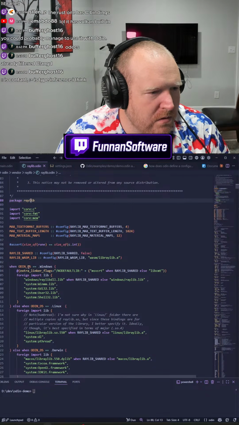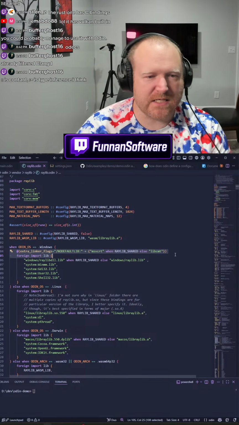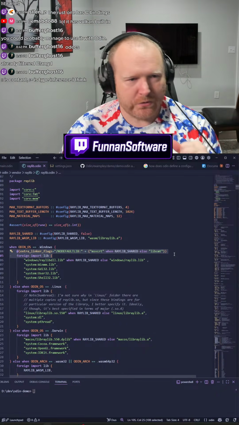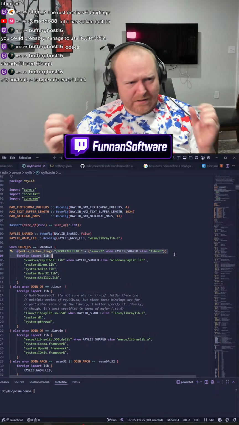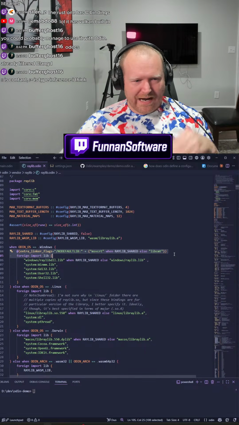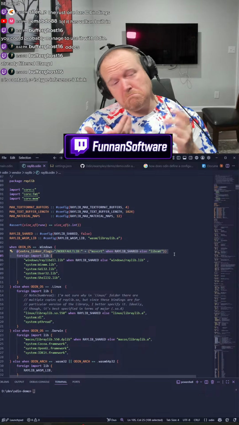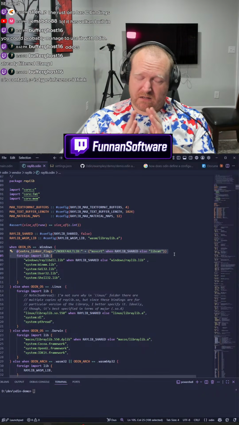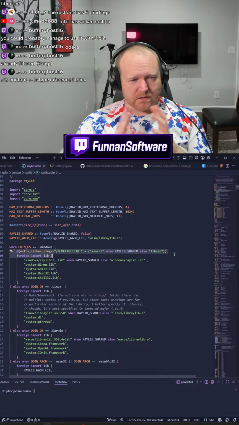So when Odin OS is Windows, there it is. This is the type of stuff I was trying to figure out. Holy crap. Oh, I've not seen this before. So you don't have makefiles because all of your options are built in line with your code. Okay, I could get behind this.